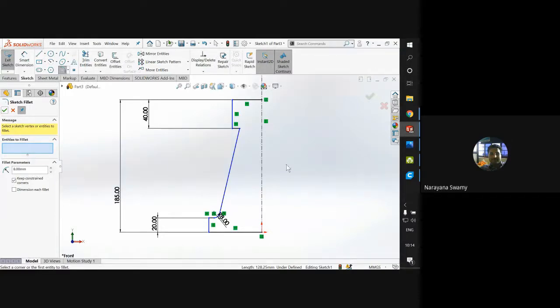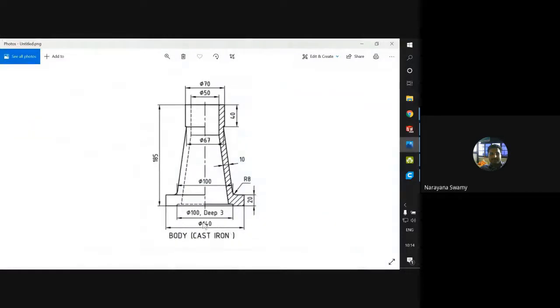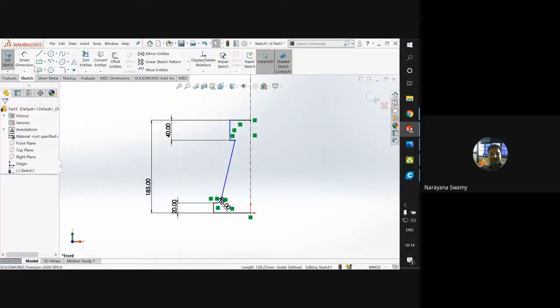Once the height and all those things are done, we'll concentrate now on the diameter part. You can see the outer diameter is 140 and the inner diameter we will take up later. Here we have one more diameter which is equal to 70. So 140 and 70. We'll take a dimension here and give the radius part.